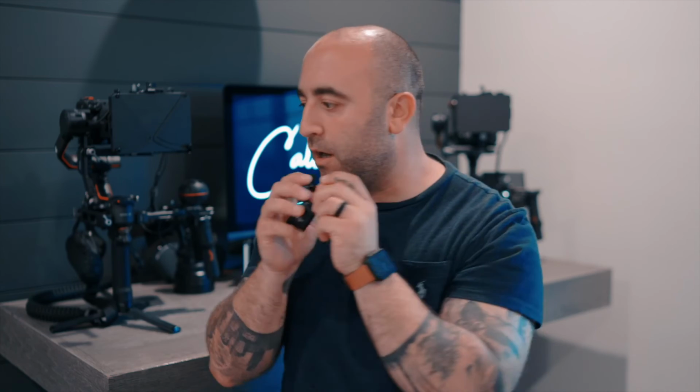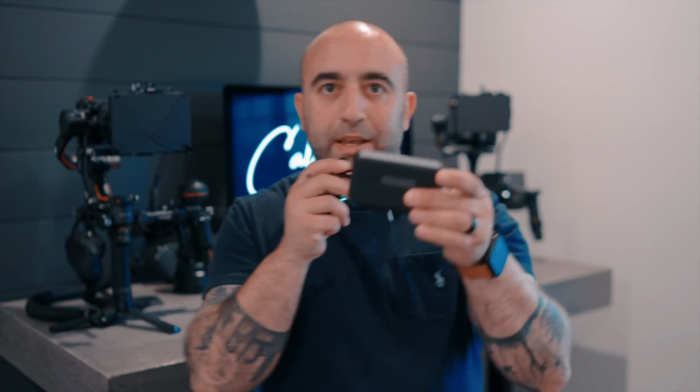So one last thing I almost forgot. As I was packing up, I wanted to discuss the audio equipment that I use, and I was on a roll, so I forgot. But this is the new DJI Mics, and I just wanted to say they are fantastic. They're a super tiny mic pack. The setup is amazing. It's so easy. Everything comes in this nice little portable case,